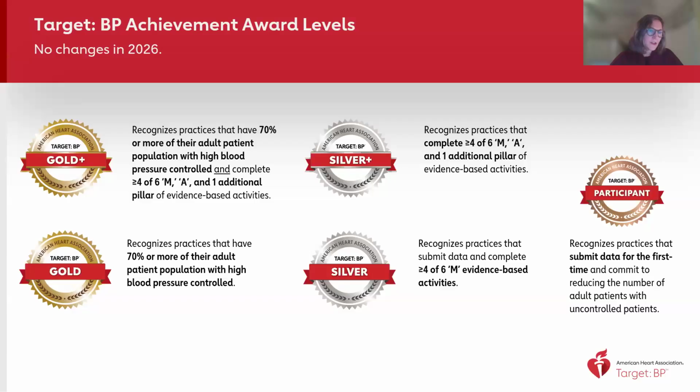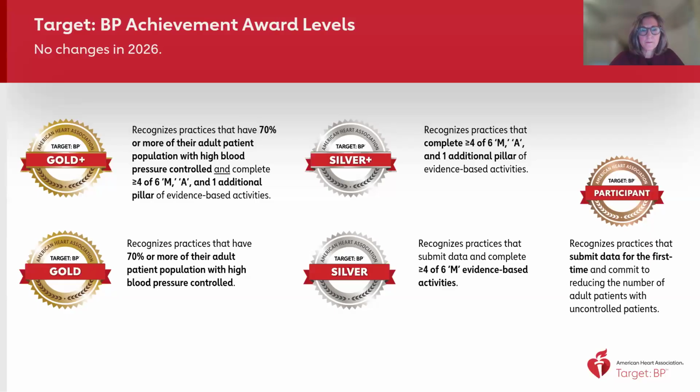The award levels for target BP are the same as previous, and that includes Gold Plus for organizations that have a blood pressure control rate of 70% or greater using the MIPS measure, and who also have attested to at least 4 out of 6 of the attestation questions for the Measure Accurately pillar, the Act Rapidly pillar, and 1 additional pillar. The gold level award is the same, again, award recognizing organizations who have a blood pressure control rate